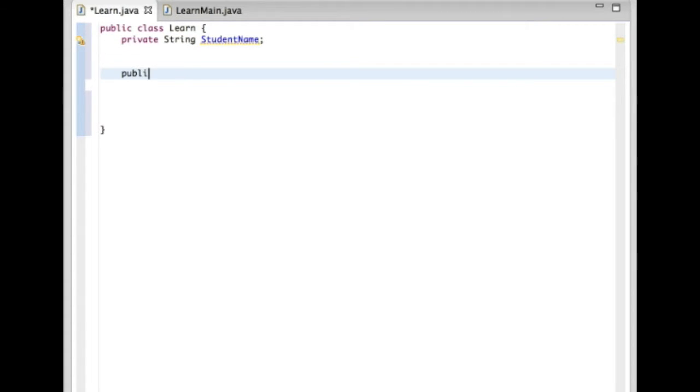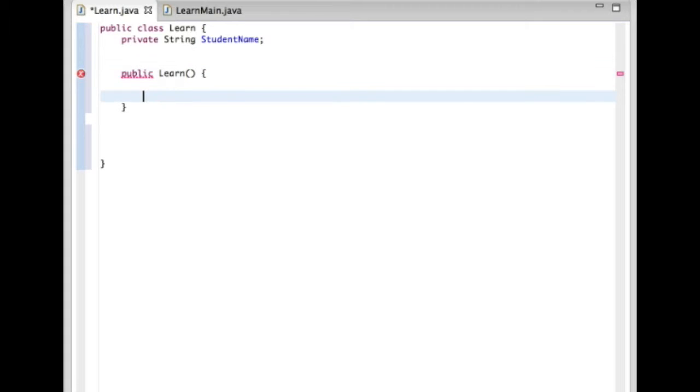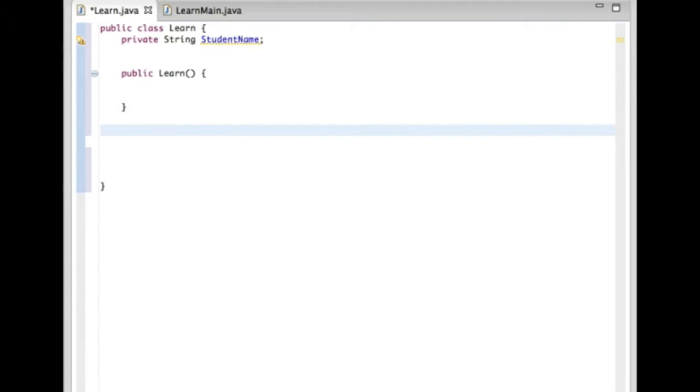So we create our default constructor, and what a default constructor does is it doesn't take any parameters, and it's what will get automatically called when you create a new object. If you don't have a default constructor, one thing to note is that Java will basically make one for you. But we're just going to make one here and specify it with our opening and closing parentheses, and that's our constructor. Now we're going to create another constructor